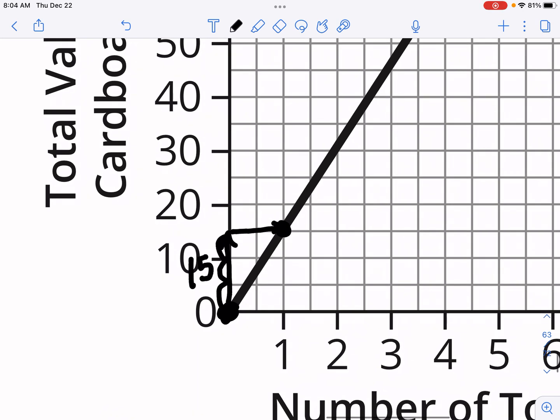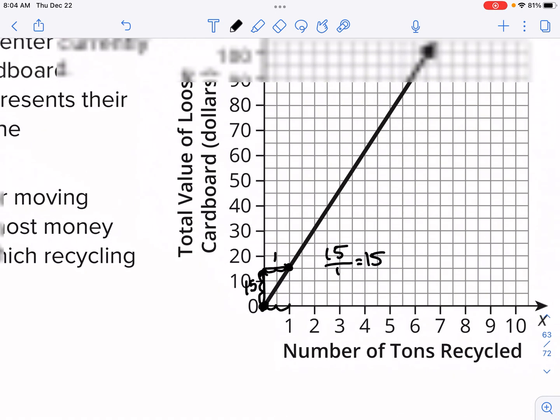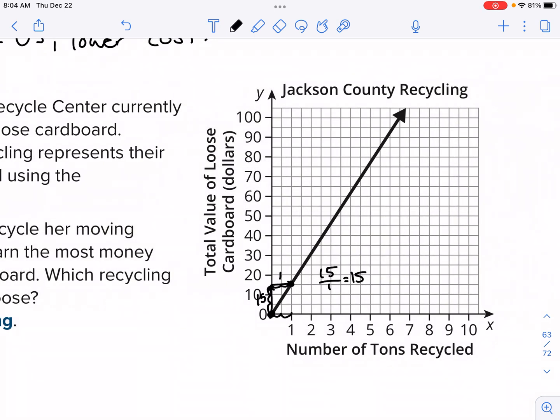And going to the right, yes, we're moving 2 units, but every 2 units is a half. So this is actually just moving over 1. So this is 15 over 1. So the slope of this is 15, which tells us this is the total value, $15 per 1 ton of cardboard. Okay. So LaShonda should take her moving boxes to